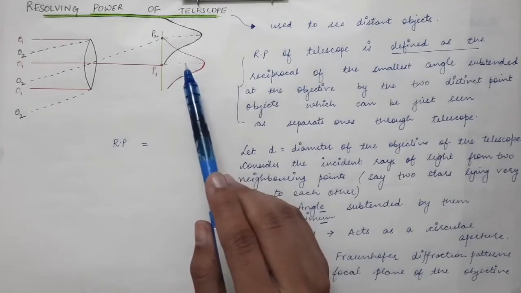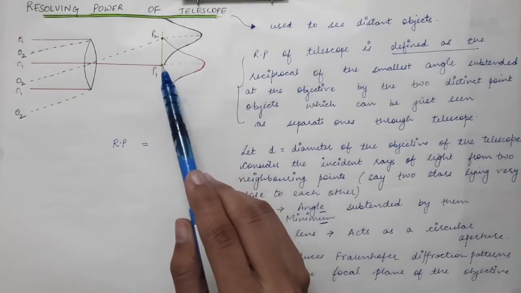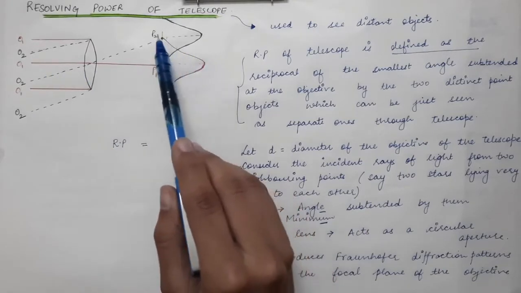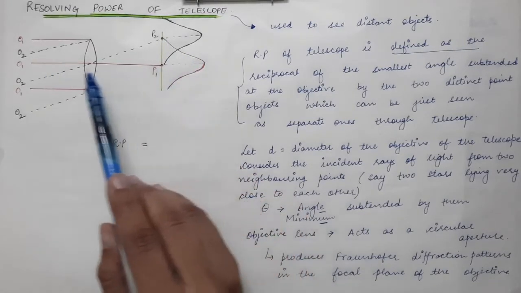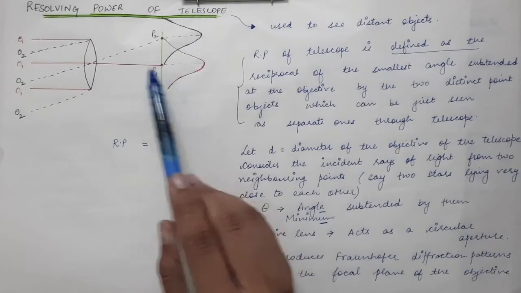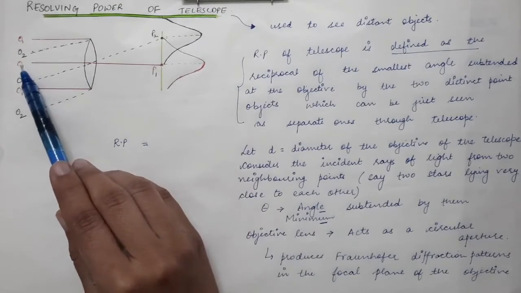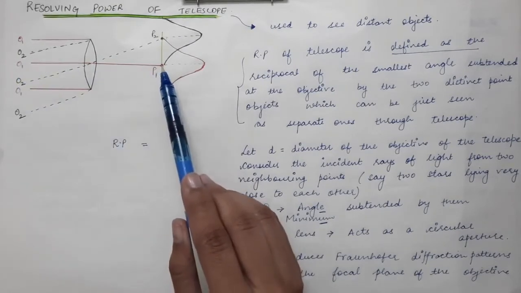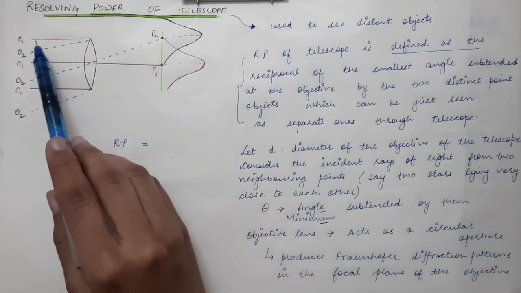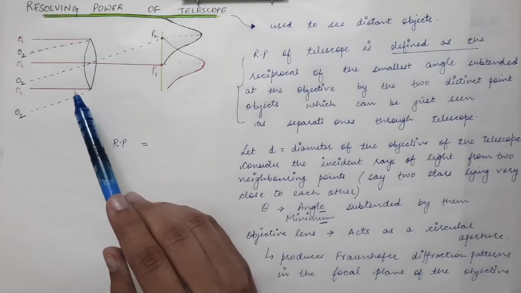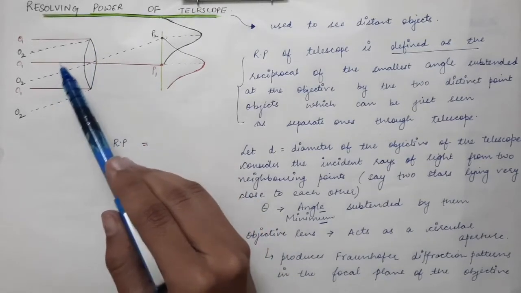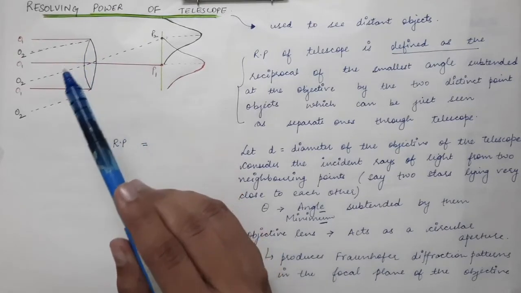And you can clearly see over here that at this P1 point, we have the central maximum of object O1, because this point is the center of the screen, and the light rays from O1, when they reach this point P1, will form a central maximum. And you have to keep in mind one more thing: these light rays which are falling parallel on the objective lens, this objective lens is transparent to the light, and this objective lens is circular in shape.